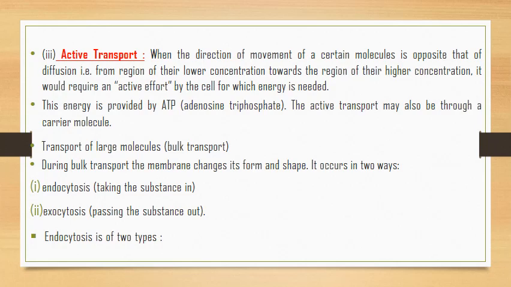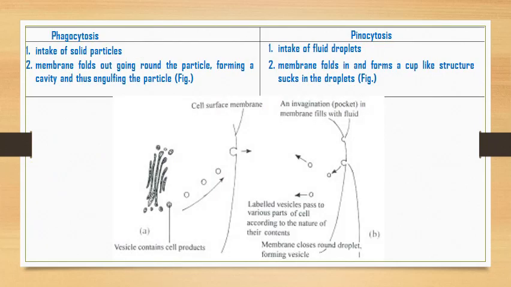Transport of large molecule, it means bulk transport. During bulk transport, the membrane changes its form and shape. It occurs in two ways: endocytosis, taking the substance in, exocytosis, passing the substance out. जिसमें कोई भी सब्सटेंस अंदर जा रहा है उसे बोलेंगे एंडोसाइटोसिस, अगर बाहर जा रहा है एक्सोसाइटोसिस। ये जो एंडोसाइटोसिस है ये भी दो तरह की है, it is of two types, फैगोसाइटोसिस एंड पिनोसाइटोसिस। फैगो मीन्स कोई भी सॉलिड पार्टिकल है उसको अंदर लेना, और पिनो का मतलब फ्लूइड या लिक्विड की फॉर्म में किसी भी चीज को अंदर लेना।